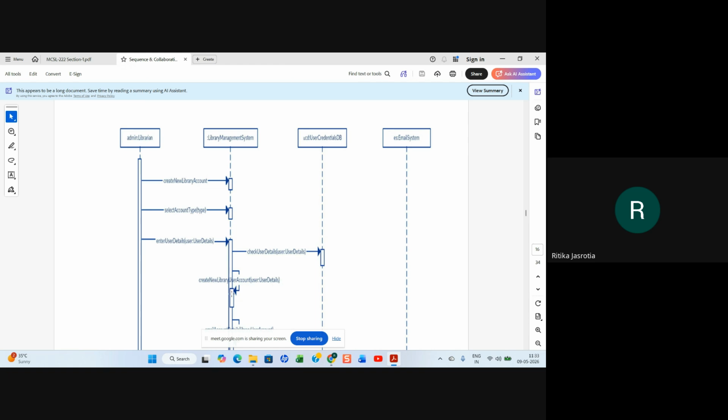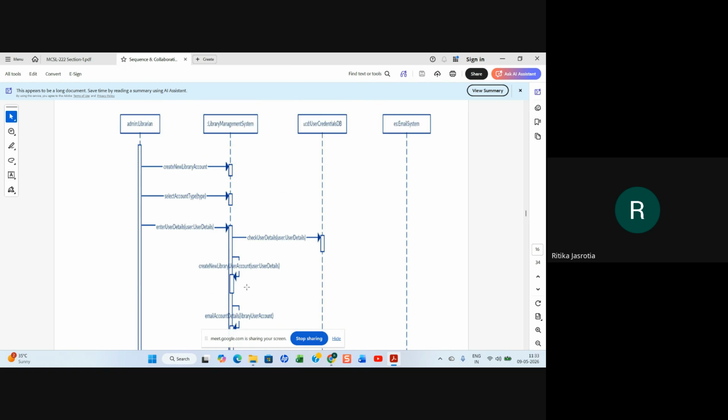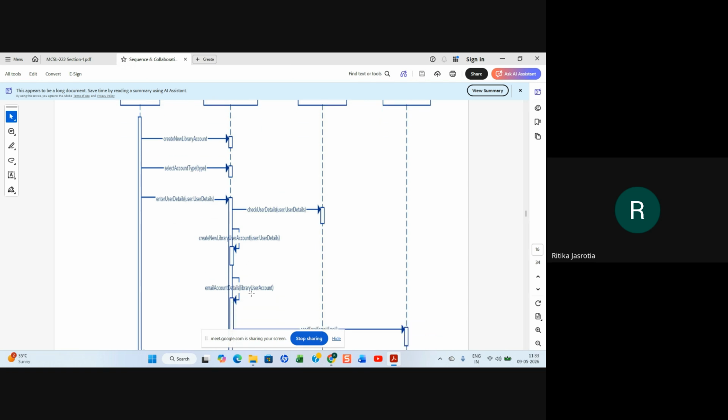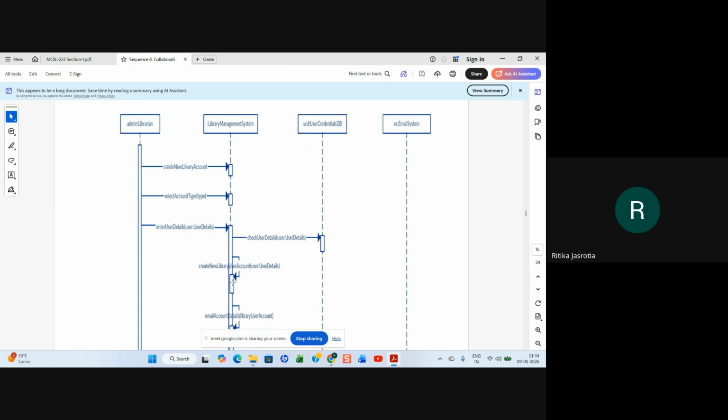And in the library management system, the new library account has been created, so a message comes on the library management system only that the account has been created. And there should be a message to the user credential database also to update it, so the user account is created and saved, right?